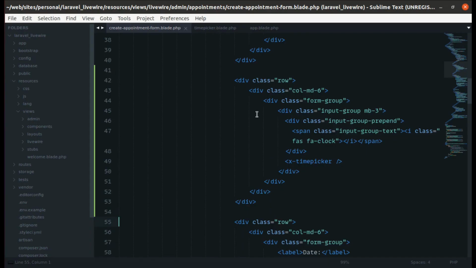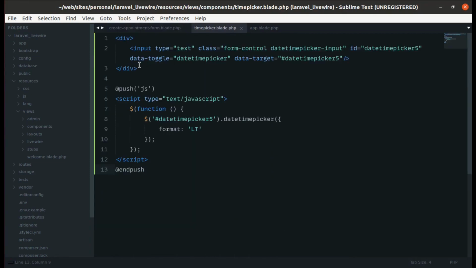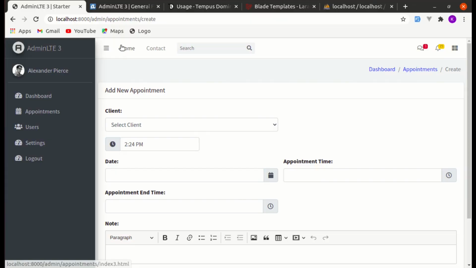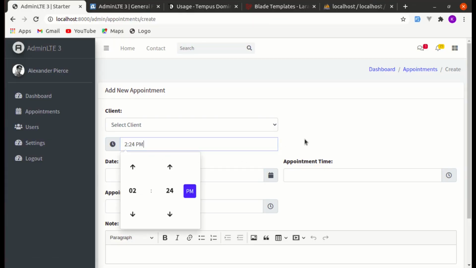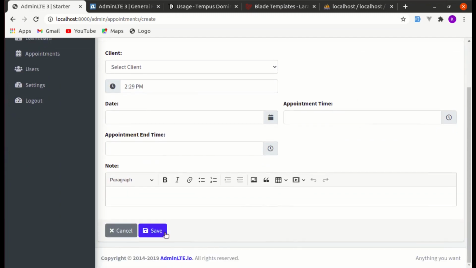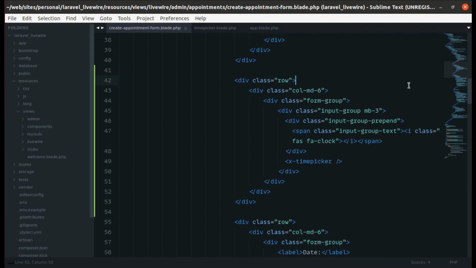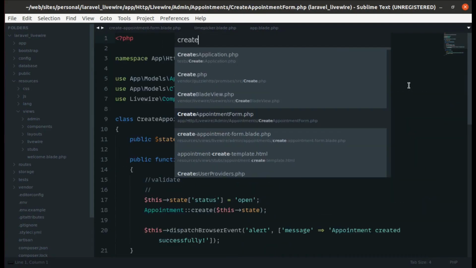This is still not working. Let's go to the timepicker.blade.php file, and let's remove this extra div, and this is working perfectly. Yep. Okay, now if we change this input and click on save, so before saving, let me go to